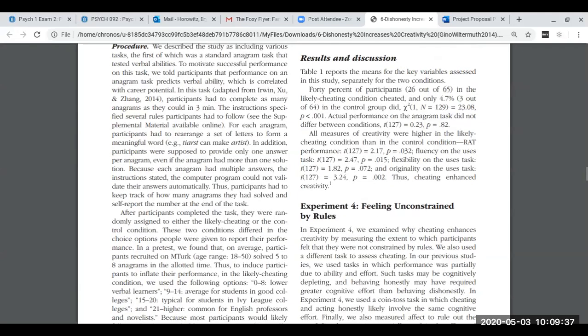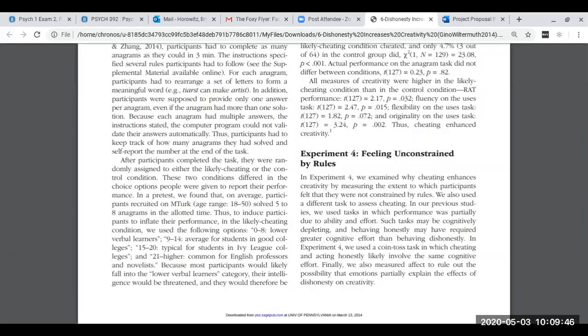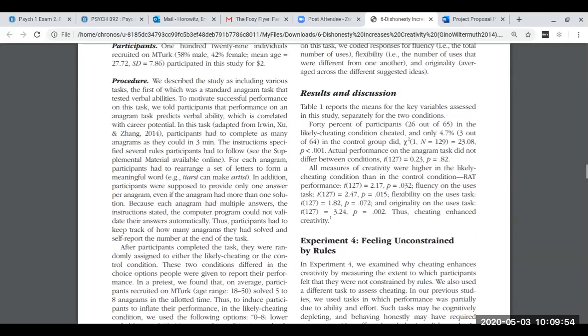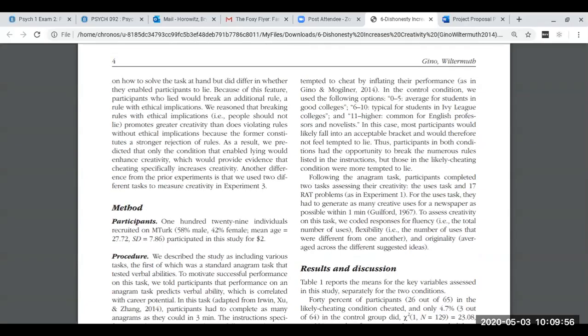Getting 15 to 20 is typical for students in Ivy League colleges, and over 21 is common for English professors and novelists. Because most participants would likely fall into the lower verbal learners category, that threatens their intelligence, and they would therefore be tempted to cheat by inflating their performance, because if we have no way of knowing, they can just lie